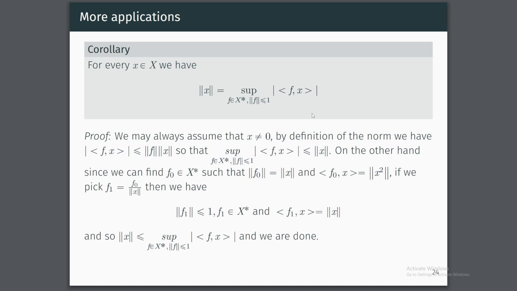Let's just finish the argument. Because of our norm, remember, this is just f of x, and this is the norm essentially at this point. The way we define norm of x, remember, it's the supremum of f of x over x. So the supremum of this value is bounded by norm x, because we assume norm f is less than 1. On the other hand, because we are able to find f0 where the norm of f0 equals norm of x, if we pick our function to be f0 over norm x, then norm of f1 is going to be less than 1. It's going to belong to x star, and f1 applied to x, which is just